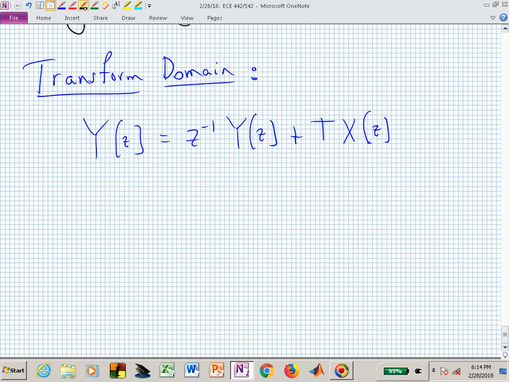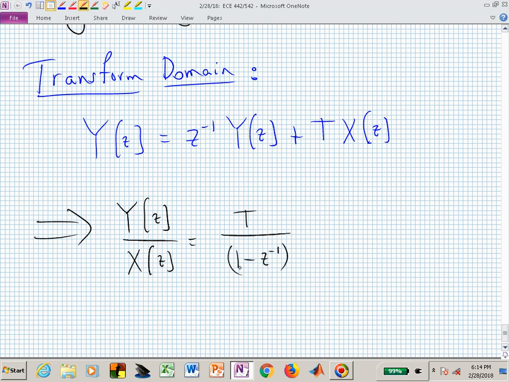And if we do the appropriate collection of terms and division, the transfer function will be T over 1 minus z to the minus 1. Or if we write it in terms of polynomials of z,